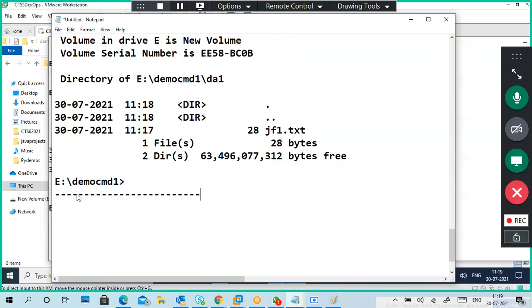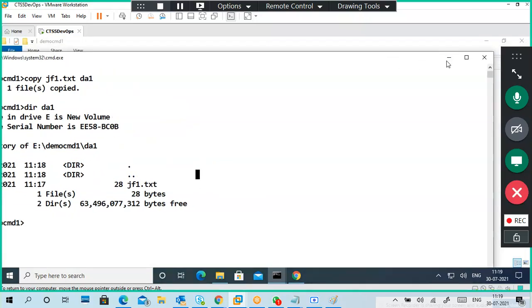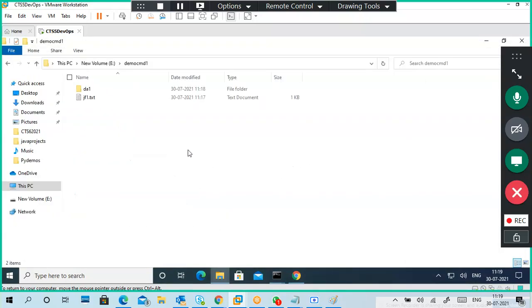What I do in Jenkins, guys, if I'm going very fast, please tell me, and I will go very slowly. Can you see a directory is created, a file is created, and the directory is copied with that file? So this is the practical.